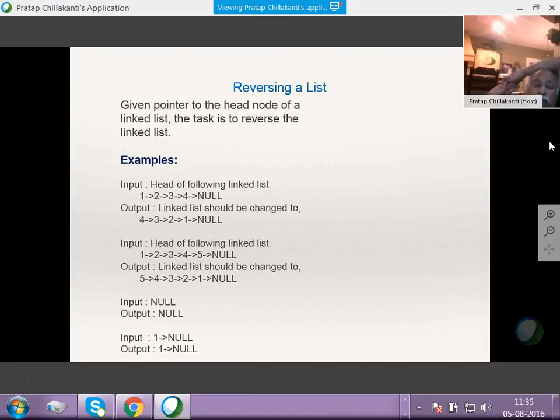What happens if the input is null to your function? There is nothing to reverse, so output would be null. Same thing when input is equal to 1 and the pointer is found null, the output is 1 and then null. The reason is the two conditions, input null and input 1, basically show it's either a zero element linked list or a one element linked list. Reverse of one element is the same as the one element. Okay, so